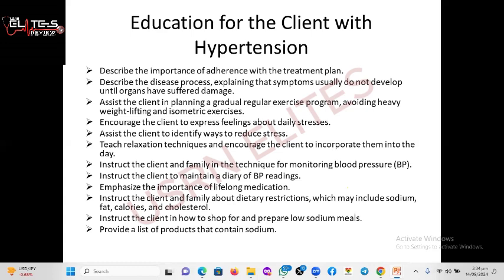We have to assist the client in planning exercise, okay? Gradual exercise, avoiding heavy lifting, and any form of exercise that would demand more energy. Clients have to do exercise gradually. Then you encourage them to express their